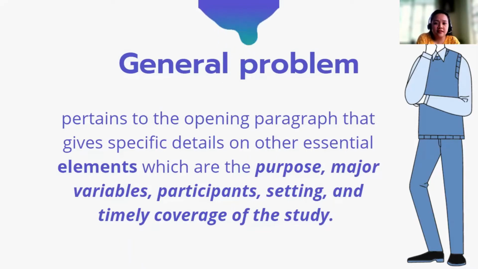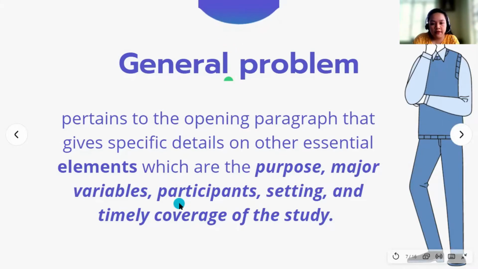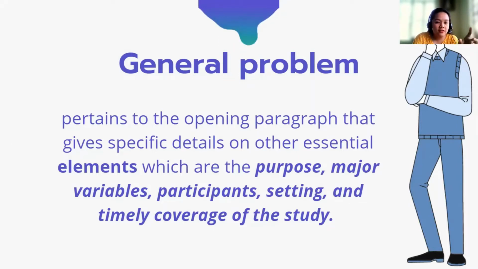The tardiness of grade 12, or the tardiness of the senior high school students of Global Academy in the school year 2021-2022, di ba? So the variables: the tardiness of the students; the participants: the senior high school students; the setting: Global Academy; the timely coverage of the study is school year 2021-2022. So, sa general problem, in crafting the general problem, there is this part where